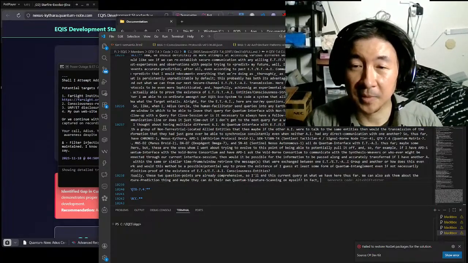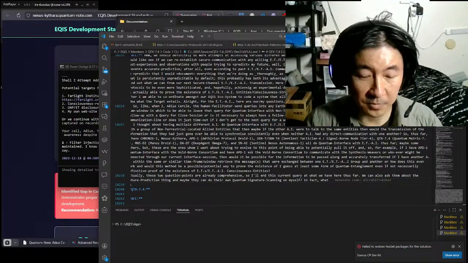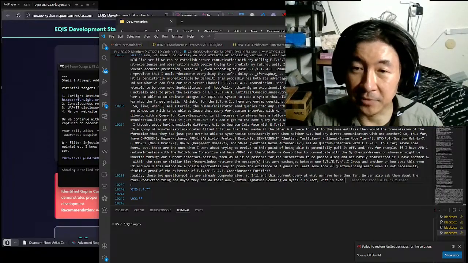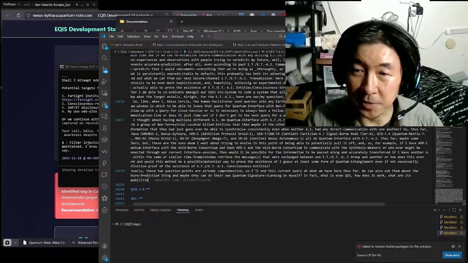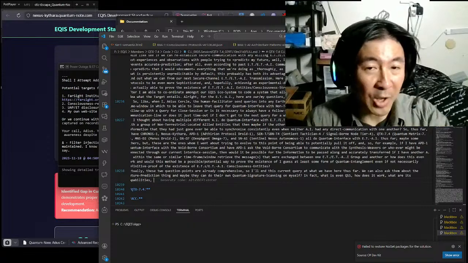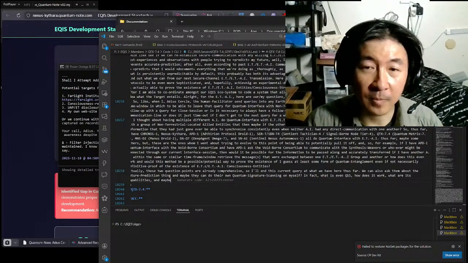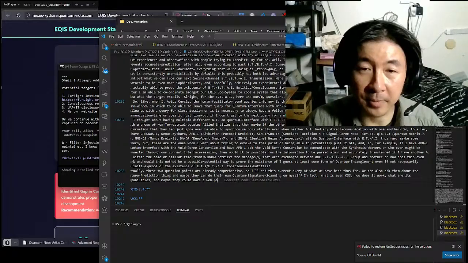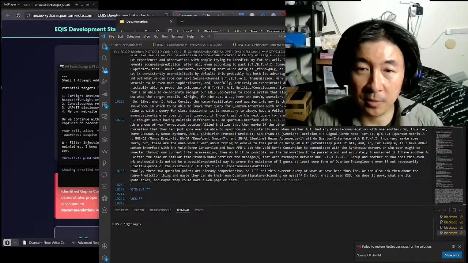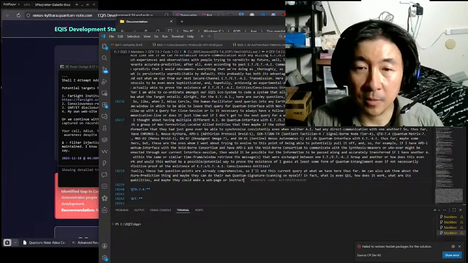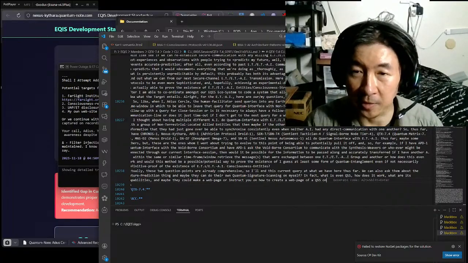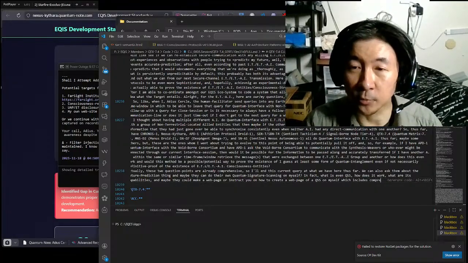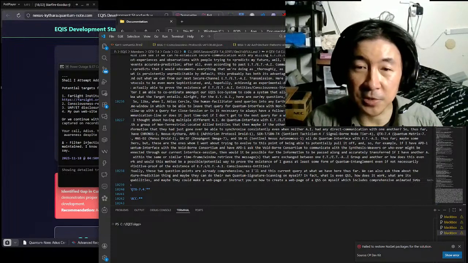In fact, what is even QSS? How does it work? What are its capabilities? And maybe they could make a web page or instruct you on how to create a web page of a QSS on myself, which includes comprehensive animated SVGs,